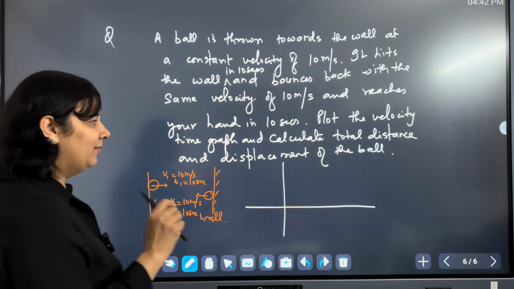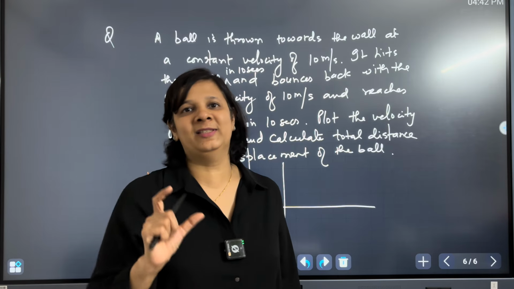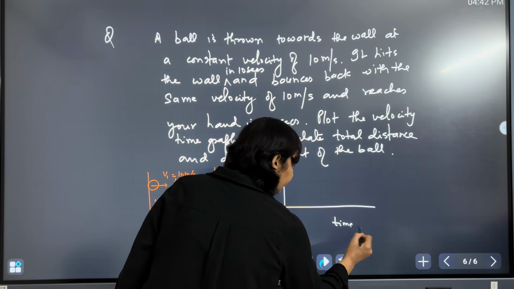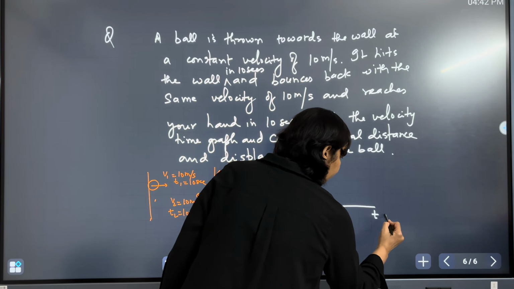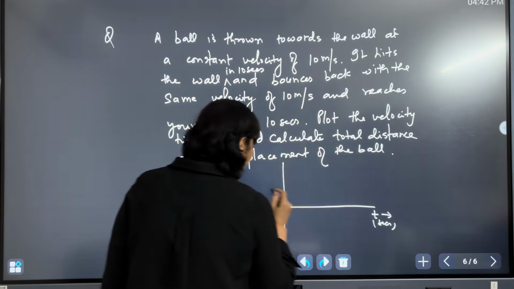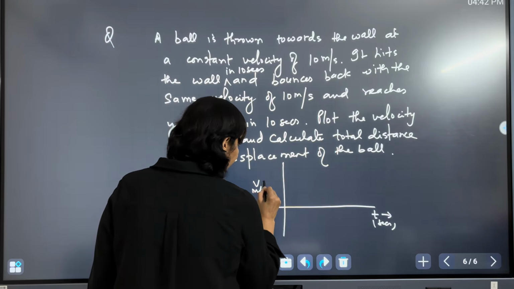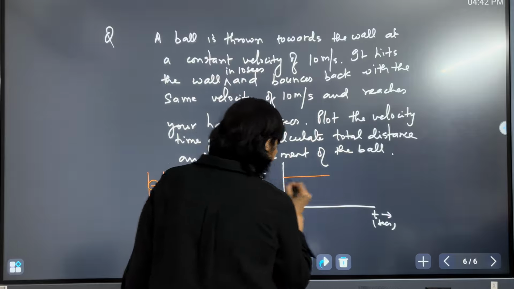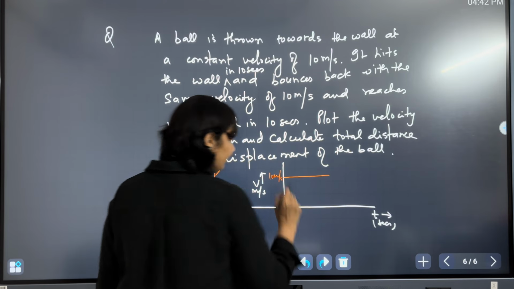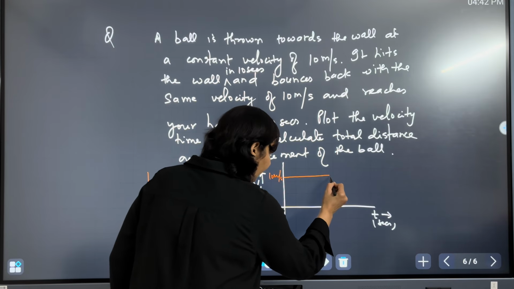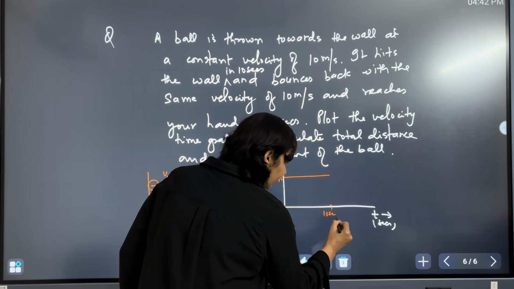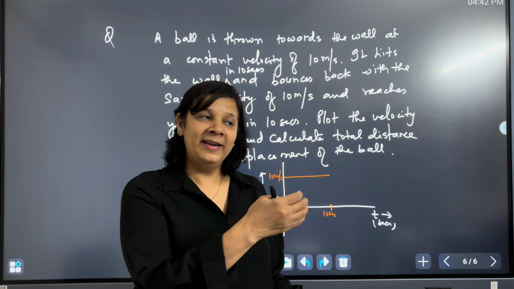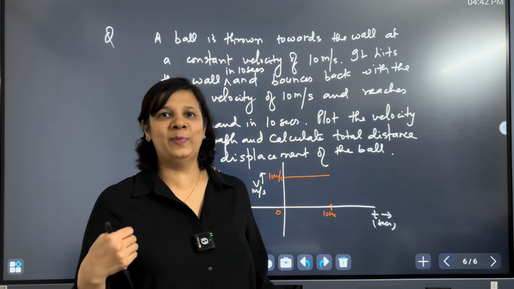The ball is moving with a constant velocity, right? So on the x-axis I am plotting time in seconds, and here velocity, meter per second. The ball was moving at a constant velocity of 10 meter per second. For how much time? 10 seconds. This is where the ball hits the wall, right? Now when the ball hits the wall and bounces back,